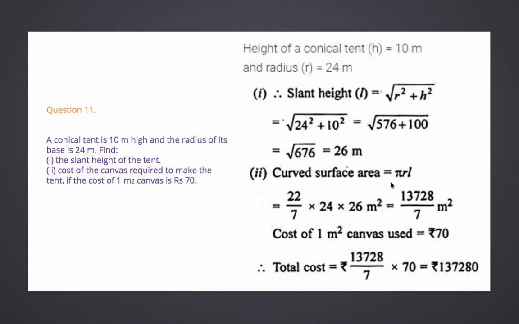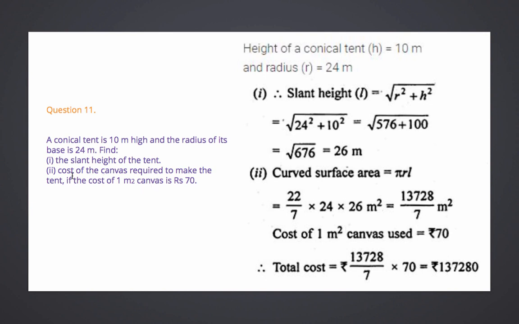Okay. So, pi r L is the formula. Pi is 22 upon 7, radius r is 24 meter, and L we calculated in the first part, 26 meter. Put the values, 7 3s are 24, 22 into 3 into 26, it comes out 13,728 upon 7. You can leave it as it is by multiplying these all, or you can do 7 3s are 24 and then the product. So, this is what we get, 13,728 upon 7 meter square.